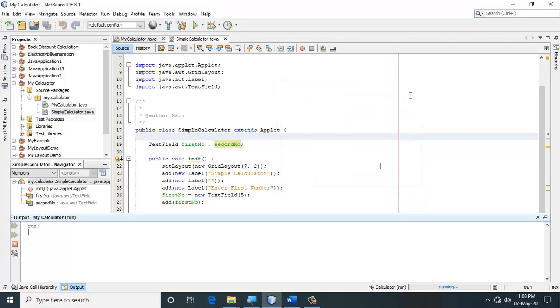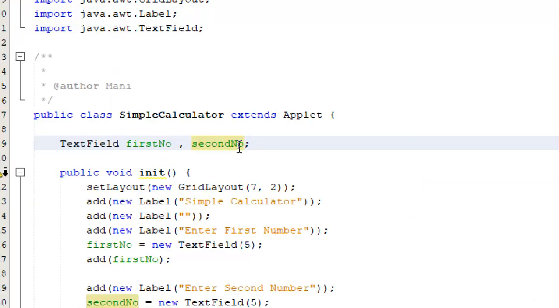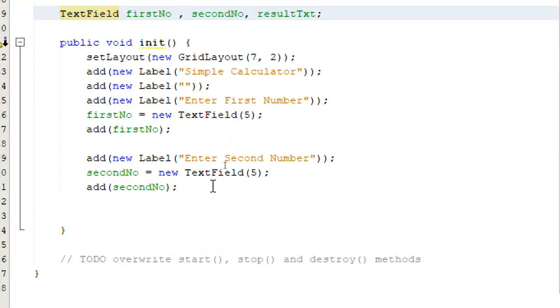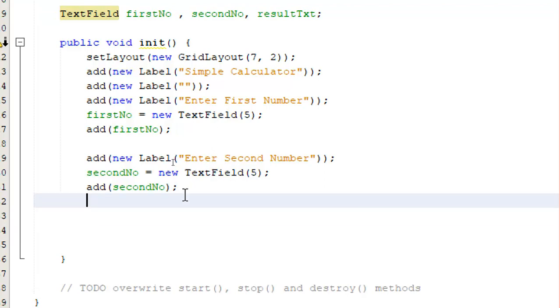I'm going to close this one, and because I want a reference to my result text box, I'm going to add a field called resultText. That is my field name, and I'm going to go over here and I'm supposed to do the whole thing again.